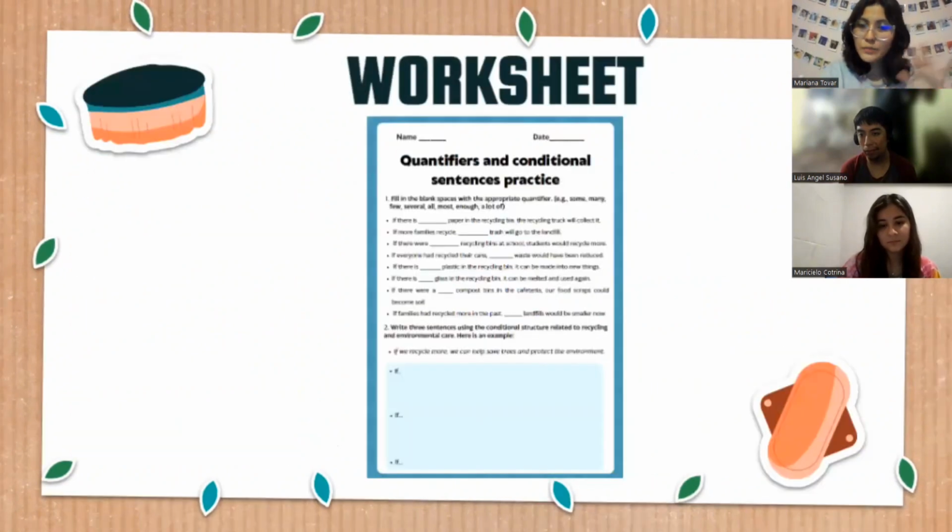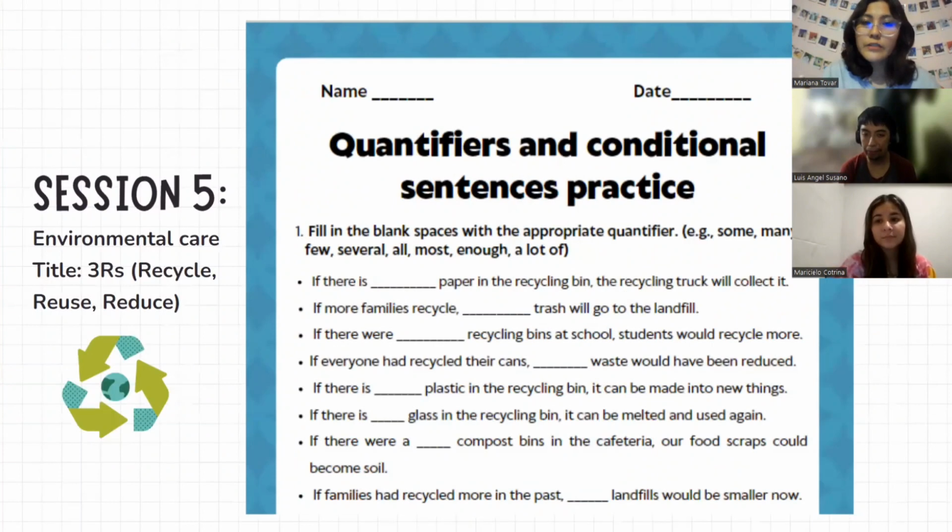After that explanation, there will be an individual activity where the teacher will provide each student a worksheet. As you can see here, this worksheet is divided into 2 parts. The first part is more focused on using the quantifiers, because the students will have to fill in the blank spaces with the appropriate quantifier, but we also want to emphasize that these sentences also use the conditional structure. So here we are mixing the quantifiers and conditional sentences in one activity, but here we are more focused